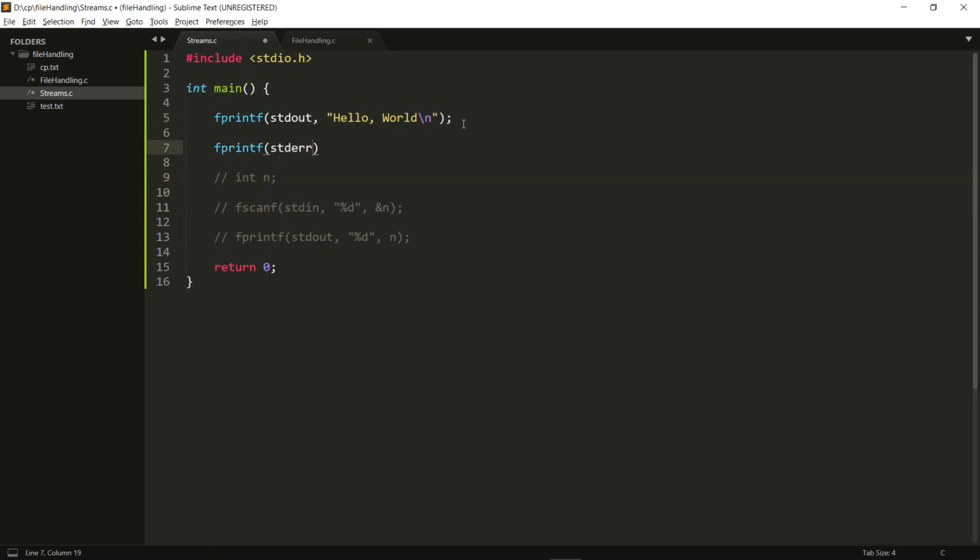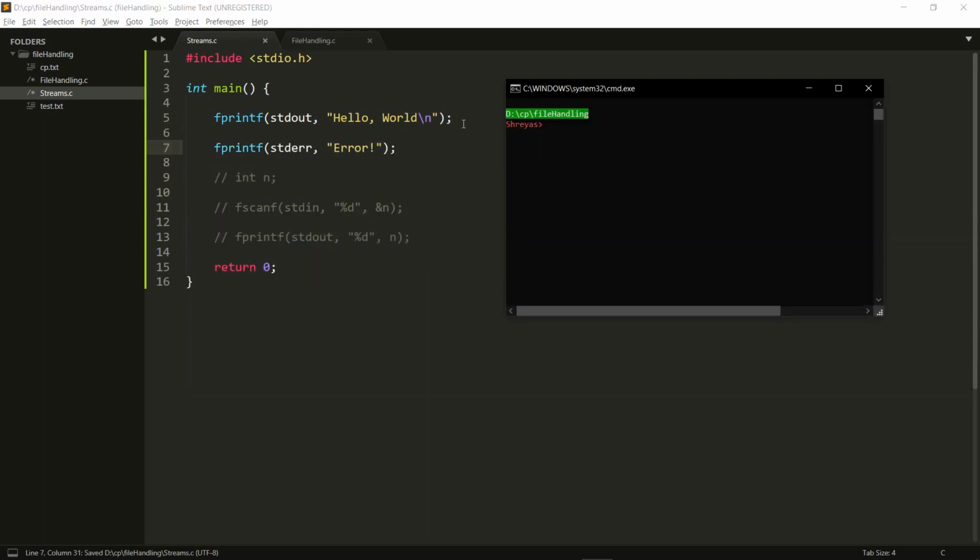So I do stderr, and then let's just say I print error, and I can show you that this actually works, but you won't see a difference here. It just prints hello world and it prints error. But if you configured your terminal in such a way that it gives you the error stream in red, let's say, and the output stream in white, which can actually be done, then you would get this error in red because I wrote that to my standard error stream, whereas you'd still get this hello world in white because I wrote it to my standard output stream.